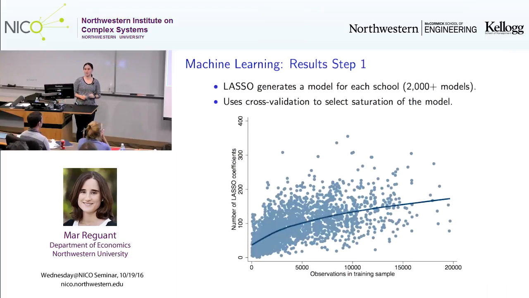So this is showing you what the model picks up. Every dot in this graph is a school. Here I put how many observations we had in the pre-treatment, so how much data we had to inform the model. And here I put how many coefficients we got in the Lasso model. So the Lasso model, for those of you who are not familiar with it, picks the relevant coefficients and sets to 0 all the rest. As I told you, for every school we have about 3,500 candidate variables. And as you can see, the Lasso model is being quite parsimonious.